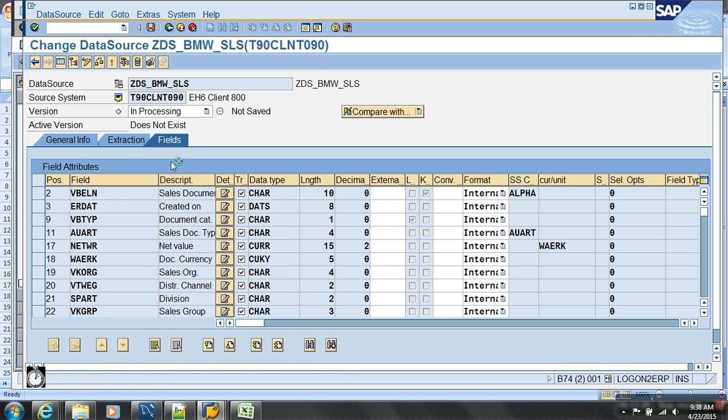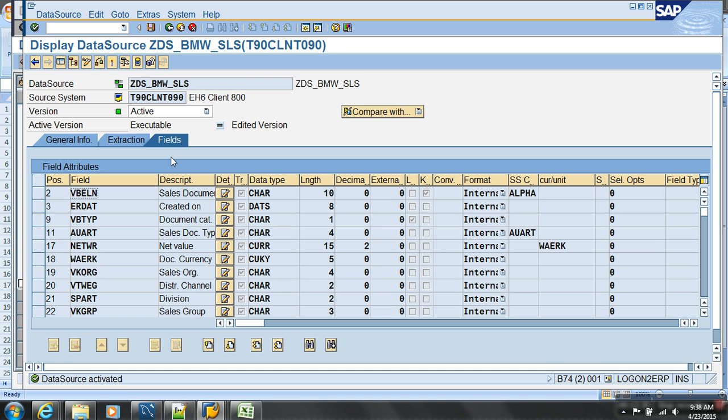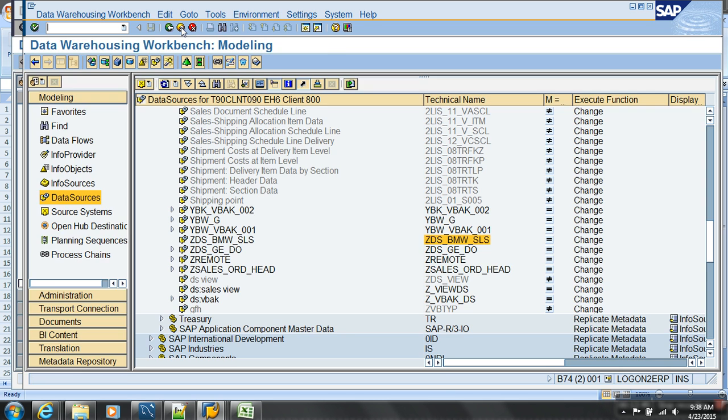So now in BW I have a component called data source which tells me what data is coming in, what fields are coming in. And in BW I also have a target where I need to fill the data in. So now I need to do mapping between these two. The data source tells me what fields and what data are coming in, and I need to push into what? Cube. I need to connect these two. I need to do mapping between these two. That is what we do with transformations.